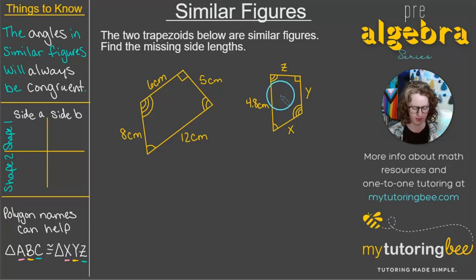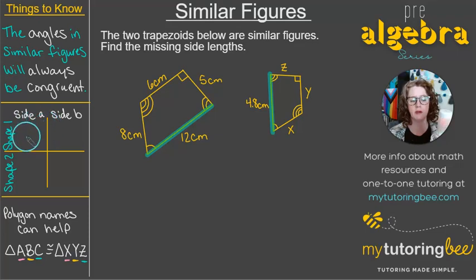So let's start with that one side of that trapezoid. So we need to use that side and figure out which side of this first larger trapezoid is similar to that. And we can use the angles to help us with that. So I can see that this 4.8 centimeter side length is between the angle that has the two arcs and the one arc. So then when I look over here at this one, even though this trapezoid has been flipped and rotated, we can see that there's that one arc angle and then the two arc angle. So that means that this side length is going to be similar to the 4.8 side length of the second